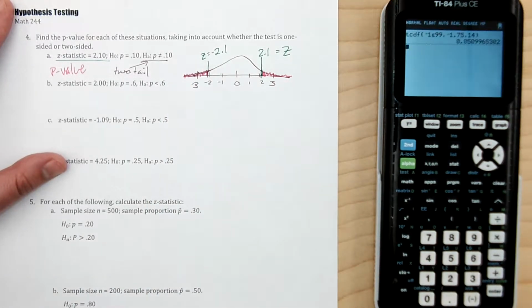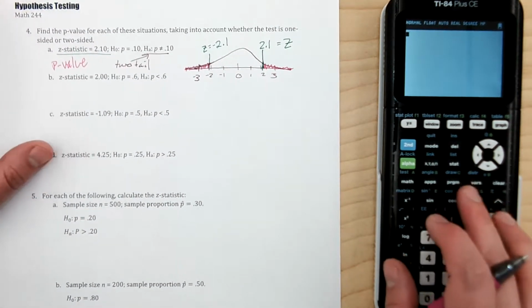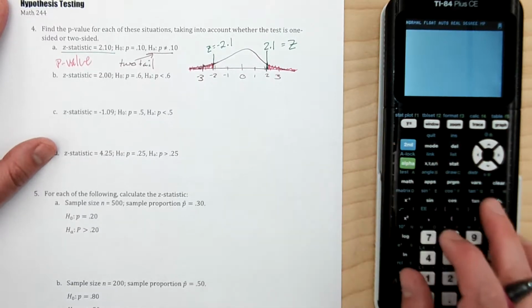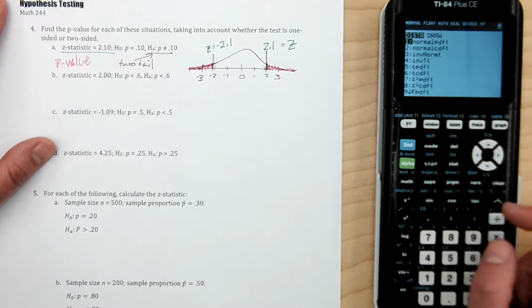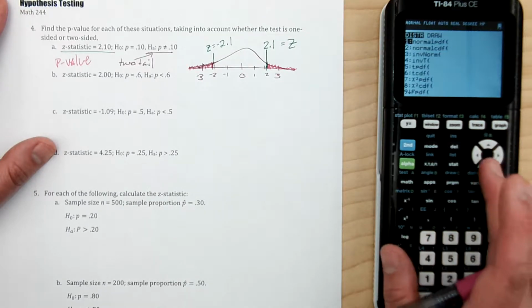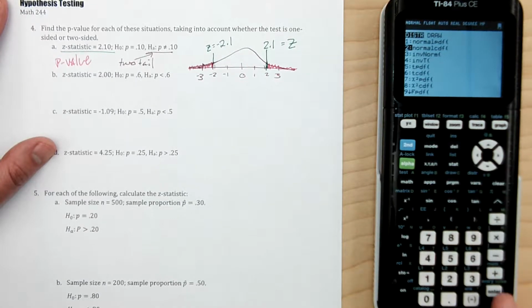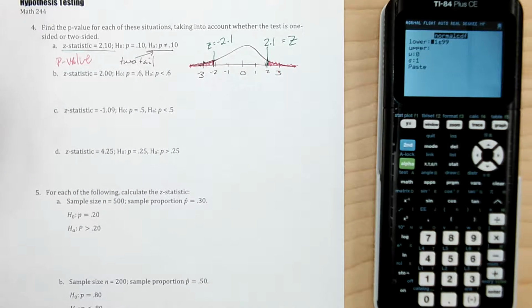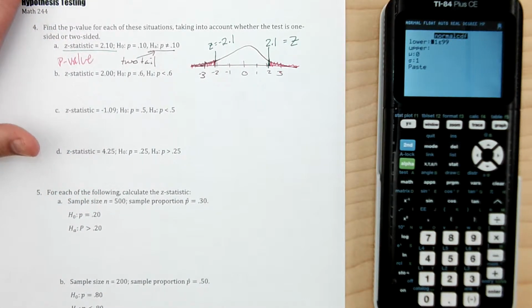All right, so how do I find area? I want to go to the distribution button, so second distribution, and here's everything you're going to deal with, your different distributions. So we're going to use the Normalcdf. We'll hit enter, and now what it wants is a lower bound and an upper bound, mu, and sigma. Now, what you're always going to use for mu and sigma will be 0 for mu, and 1 for sigma,